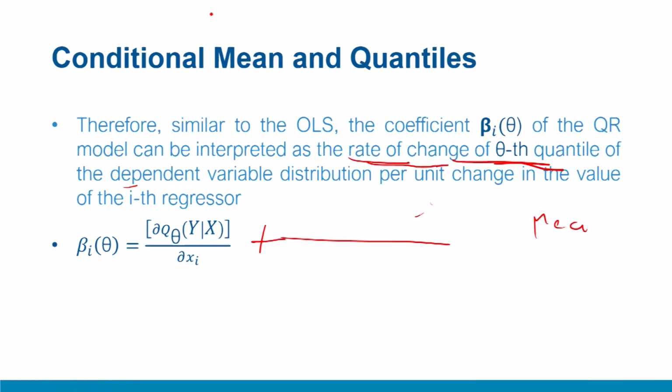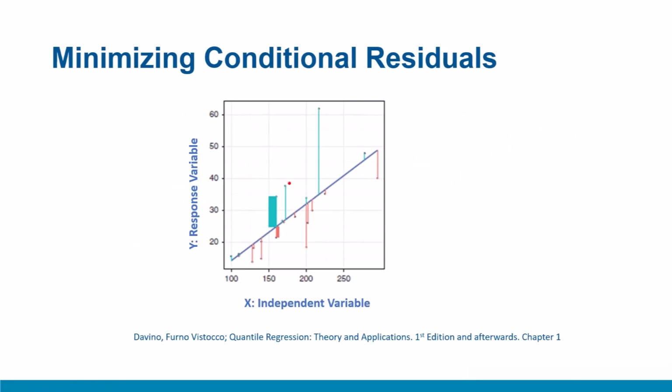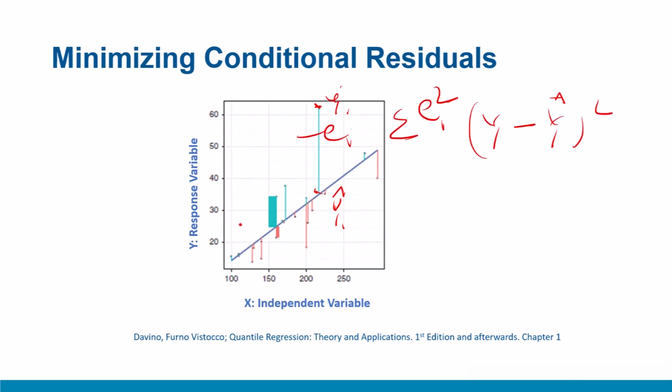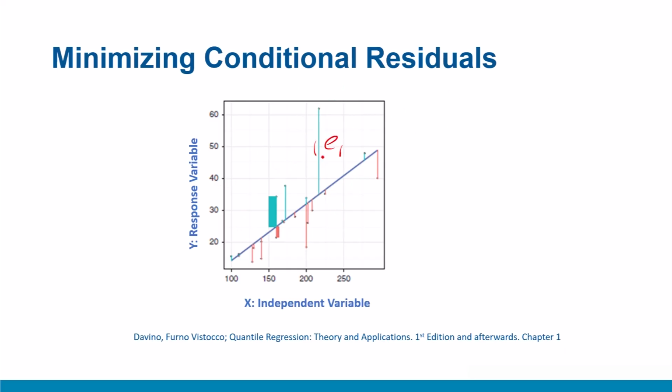Visually, earlier what we were doing, we were looking at error terms. For example, if this is your value of yi and this was your estimate through the conditional mean approach, then you would have done this square. So you were minimizing the square of this error term, the summation of these squares. Now we are minimizing the magnitude of these errors to get the median.